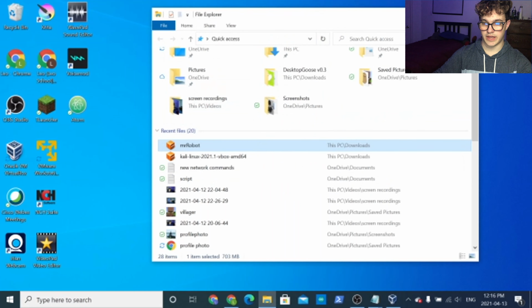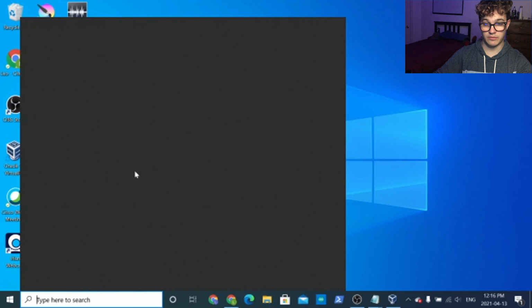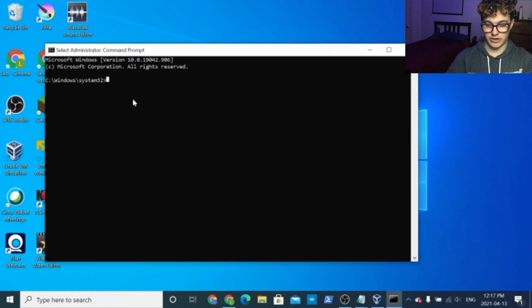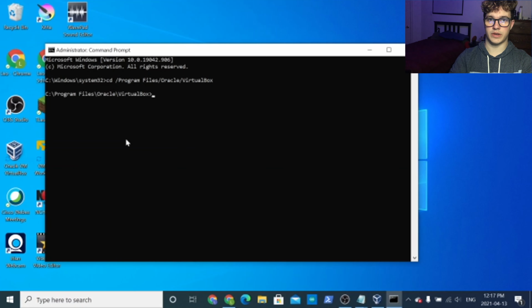So once you have that done, you're going to open command prompt as an administrator. And then first thing you're going to do is you're going to go cd for change directory, /program files/oracle/virtualbox. And that's going to move you to that file. In another video, I'm going to go over all the commands and stuff for this. You're going to go vboxmanage